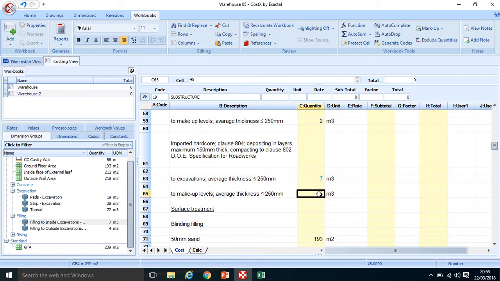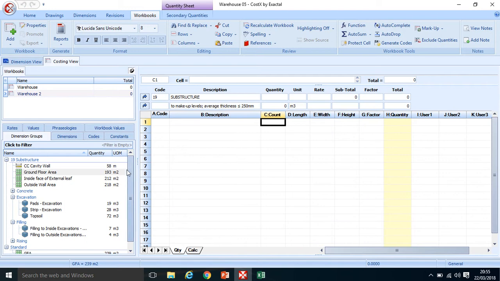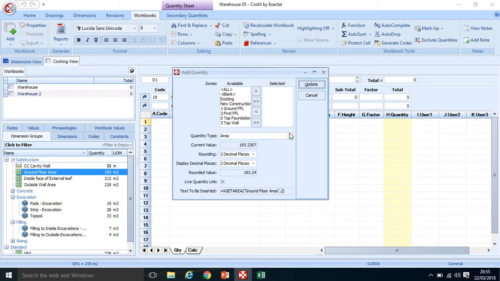Filling to make up levels. What I need to do with this is find where I measure my ground floor area. So there it is there, 193 meters squared. That is my floor area, my ground floor area. I'm going to double click into it, and I'm going to drag and drop it into my length. I'm going to look for its area. Well, in fact, it's going to be defaulted to area because it's displayed here as area, and I'm going to